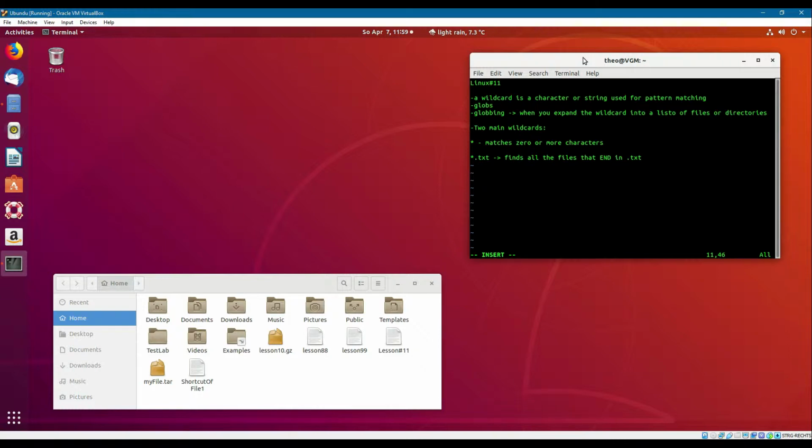For example, if we have these three files, lesson 88.text, and so on, and we write the command list asterisk dot text, then we would take these three files in return. If we write